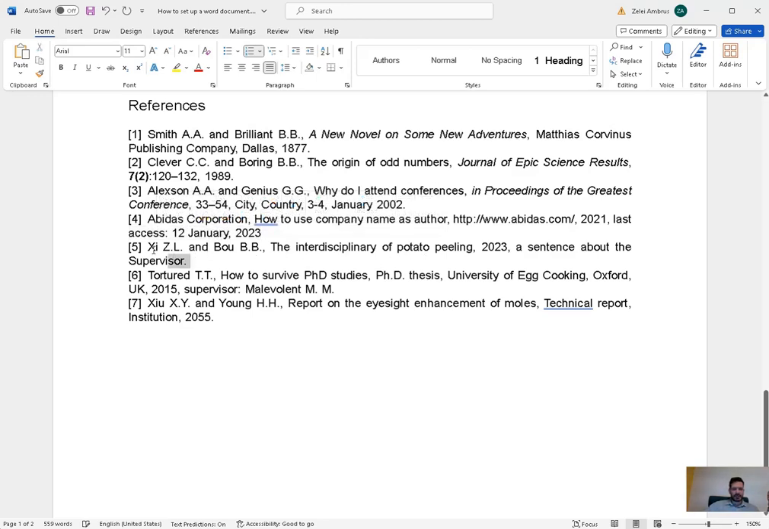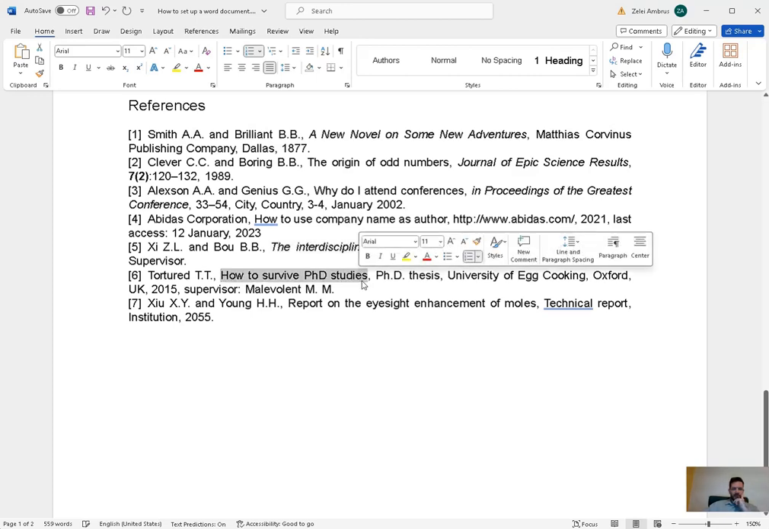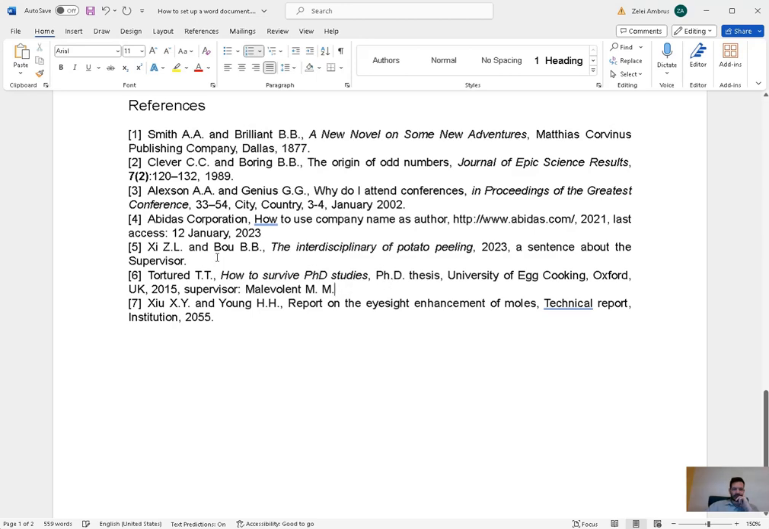Okay, and this is a sample for thesis. So again, the title should be tilted or italic, yeah, and the same goes for PhD thesis works. So again, the title is tilted, and there are of course authors, and you can add extra information, probably a sentence about the supervisor, or in case of a PhD thesis you can specify the university, the address, and the name